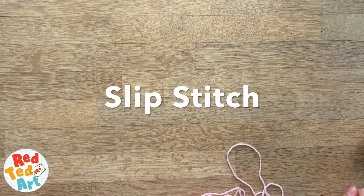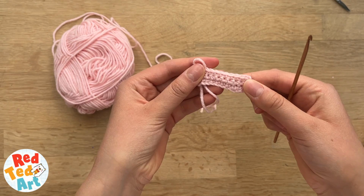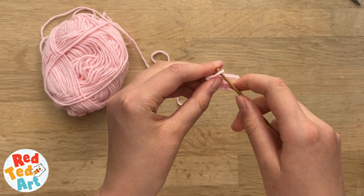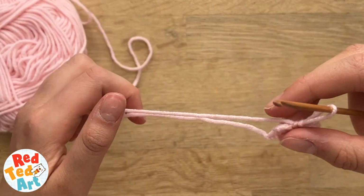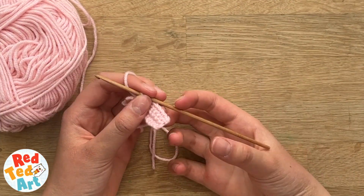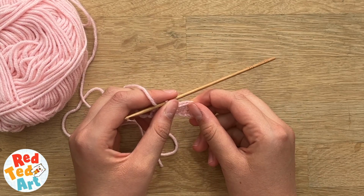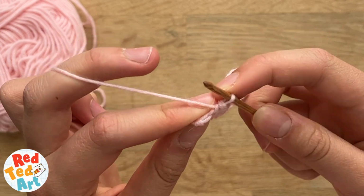I'm going to be showing you how to do a slip stitch. So first I prepared a piece of crochet. If you don't know how to do this, to get something looking like this, just watch my previous videos and it will explain everything. So we're going to go into the last stitch of the row,